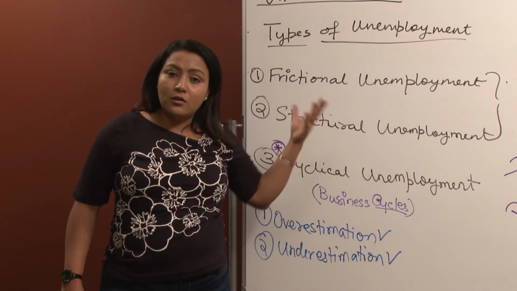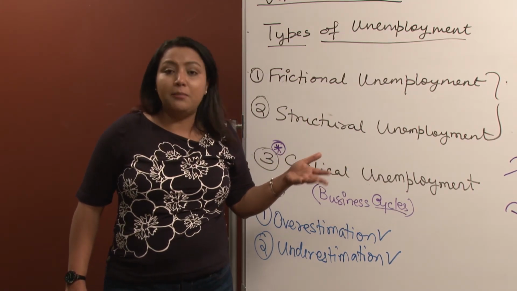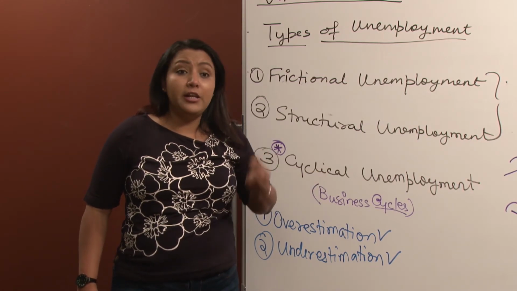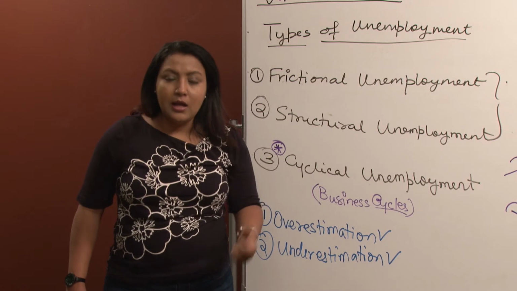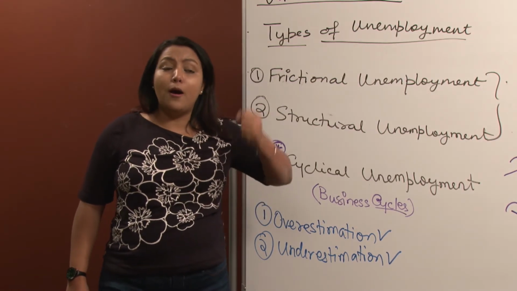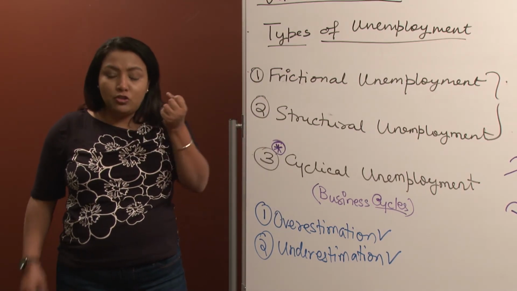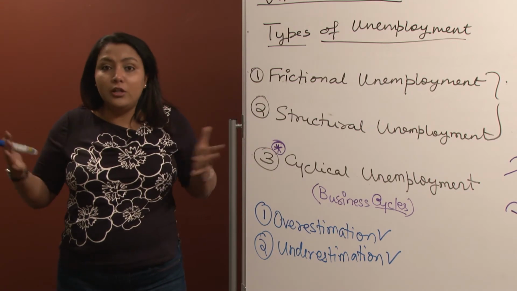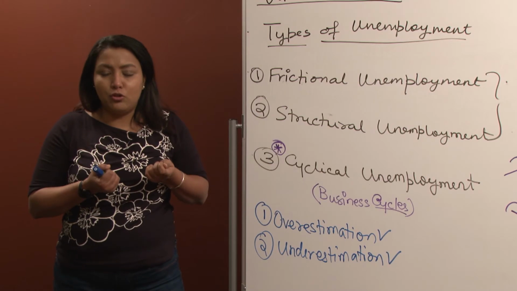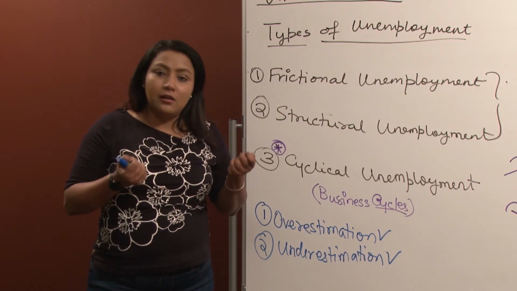So the frictional unemployment may be very high and that might be giving you a very high unemployment number, right? But we just talked about the fact that frictional unemployment is not really a cause of concern. It might be a good thing for the country. So sometimes that unemployment number may be really exaggerating the problem. It may be including those people who are actually looking for a better job, a better match of their skill set, and not just focusing on the people who really don't have any jobs, have no options, right? So it may be exaggerating the actual problem and raising an alarm.